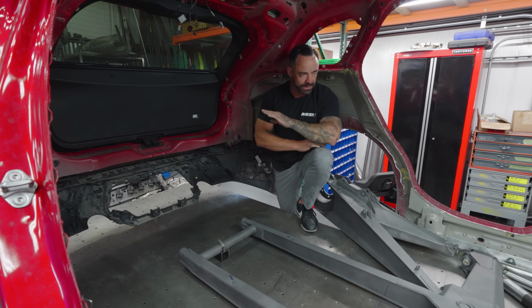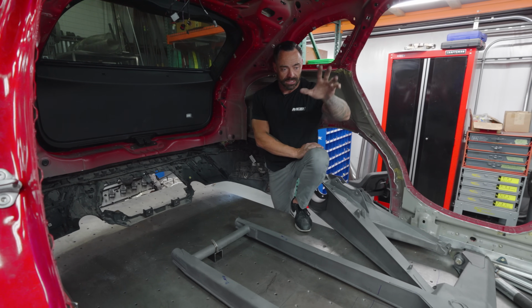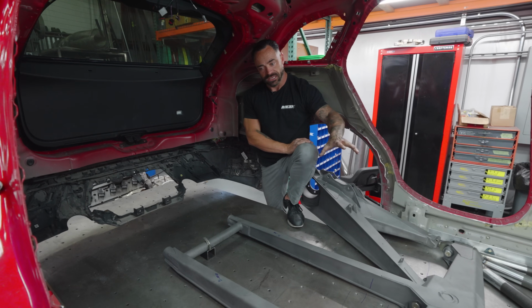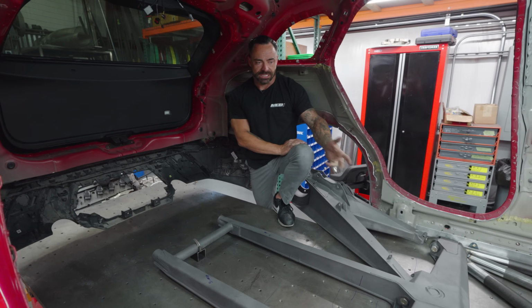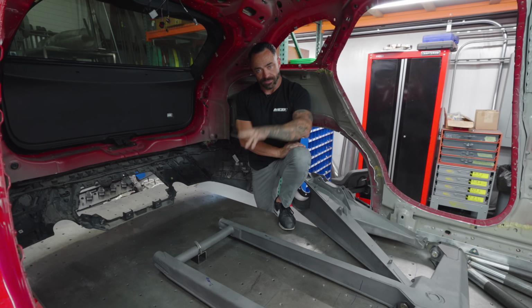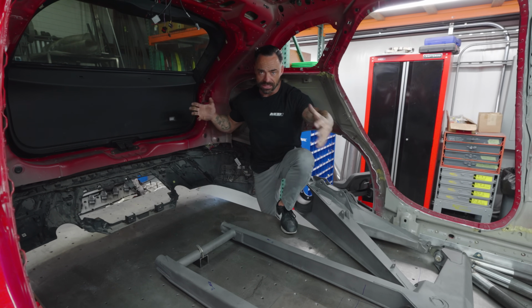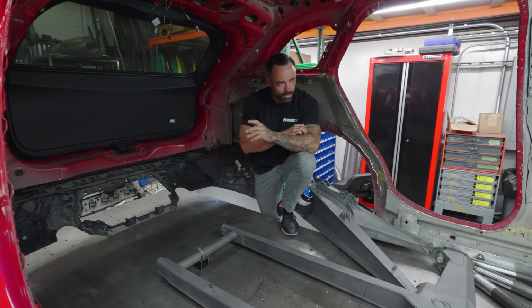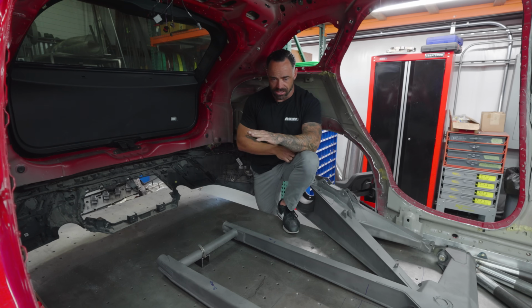But right now we need the square and the flatness of the chassis table to build the floors and locate the body to the chassis. Once this is solid enough, which is almost there, we'll be able to take this thing off the chassis table, let it droop where it needs to based off of our shock setup, and then we can place the engine in here and finalize its mounting. Because really where we're at is, we can build the front wall out, but anything back here...